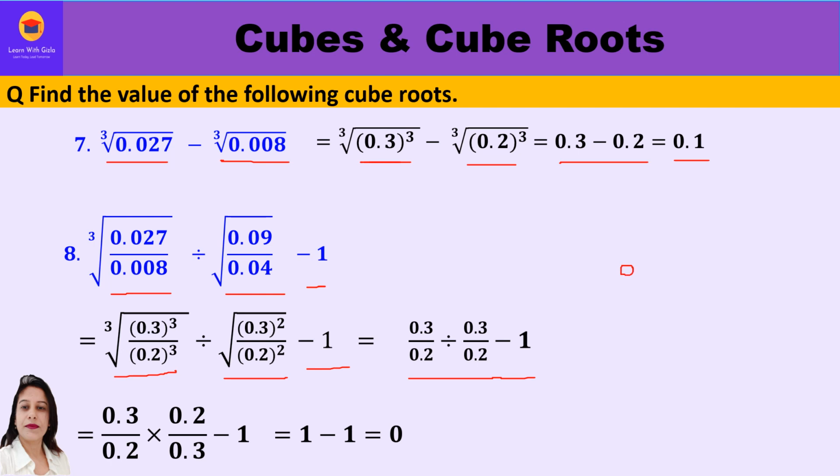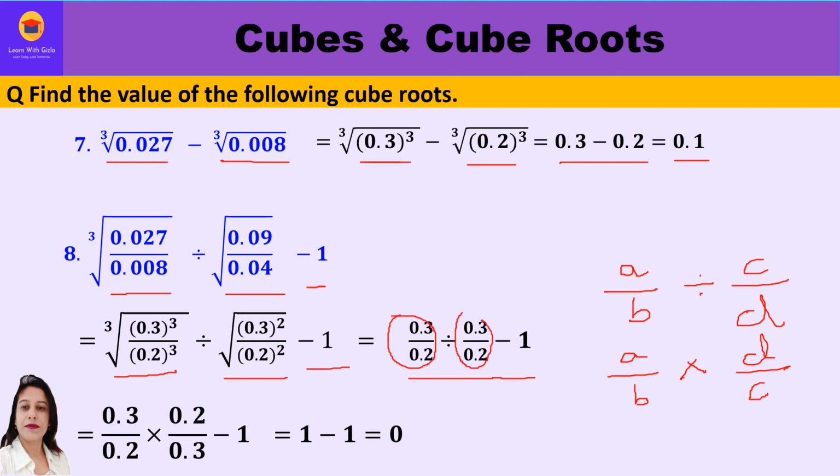Now whenever we have two fractions, a upon b divided by c upon d, always remember to solve them we actually multiply by the reciprocal. So over here also we will do the same thing. Suppose this is my a upon b and this is my c upon d, so I will actually multiply by the reciprocal of c by d, which will become d by c. Now further I can cancel out these, right? These will get cancelled. I will be left with 1, not 0 but 1.